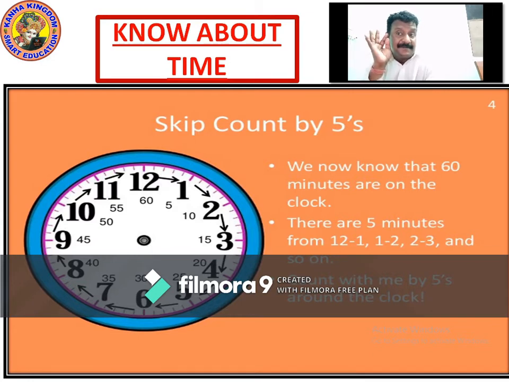Then when it comes to 6, add 5 more. That is 30. Or you can directly do it. 5 6s are 30. Then 35. 5 7s are 35. We added 30 plus 5. It's 35. 5 7s are 35. Then while going to 8, 5 8s are 40. In 7 it was 35. You add 5 more, it becomes 40.